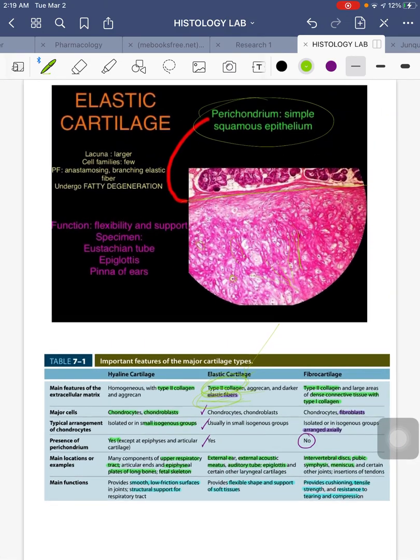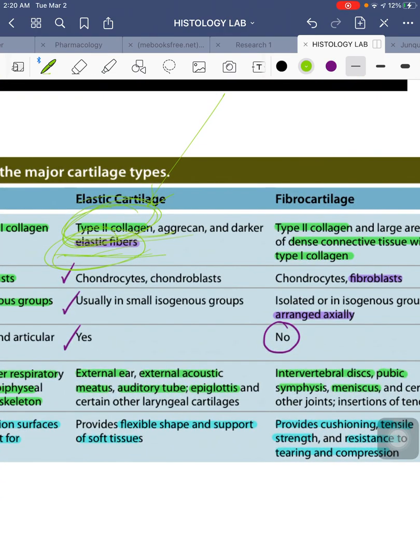Alright, so where is the location for your elastic cartilage? It usually starts with E, no? At eustachian tube, epiglottis, and your ears, the pinna of your ears. Okay, so take note that the lacunae are larger. The dense, evident elastic fibers are present, representative specimens or organs, and they function also for your support of your soft tissues and flexible shape. Okay,